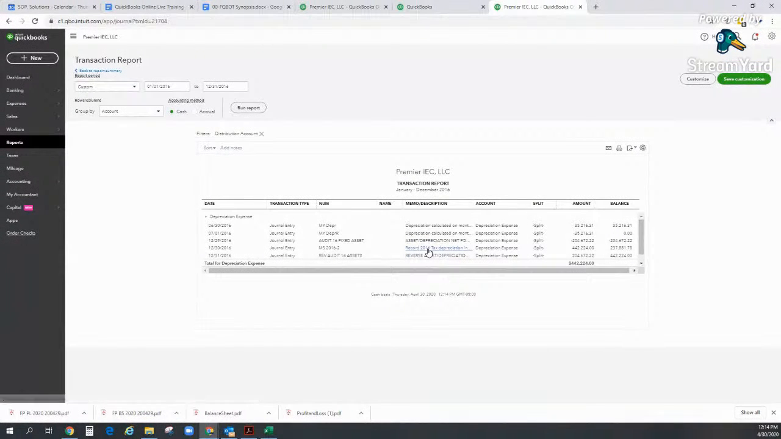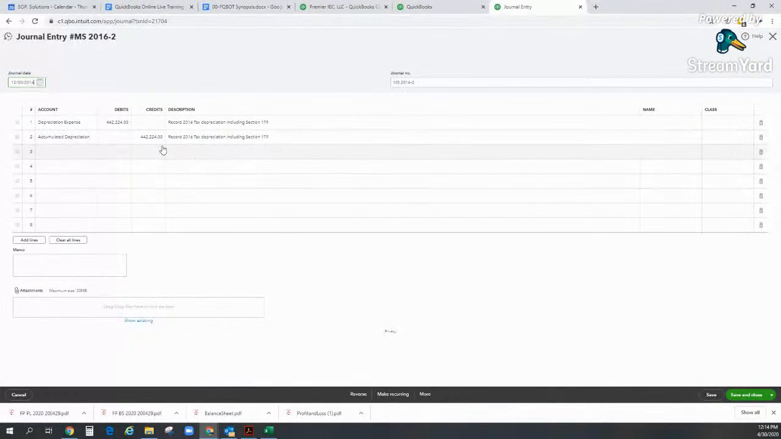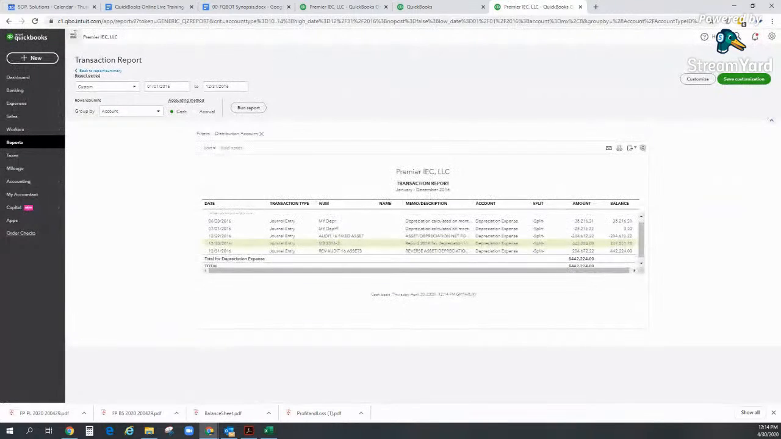record 2016 depreciation. Depreciation, accumulated depreciation, okay? If your accountant has asked you or tells you that you need to post a general ledger entry for your depreciation, let's go from scratch. New,